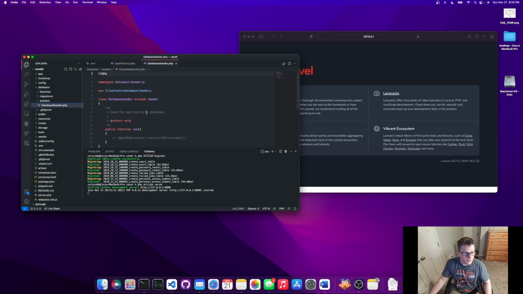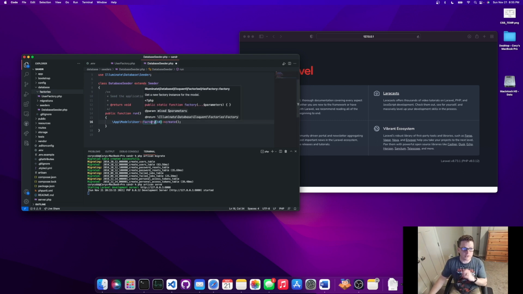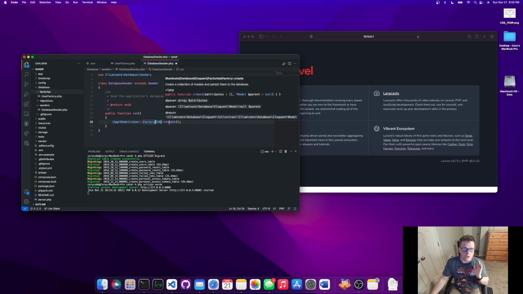Then we go to seeder. And we see right here, this is commented out. But what this does, I'm going to uncomment it. It uses the namespace for the user model, so the factory is attached to that. So your factories need to be named, let's open that back up, just whatever that model's called plus factory, and then Laravel's smart enough to pull it over. But what this is, factory of 10, and then it'll create. So the factory method will create 10 instances of this using Faker, and then create will save them to the